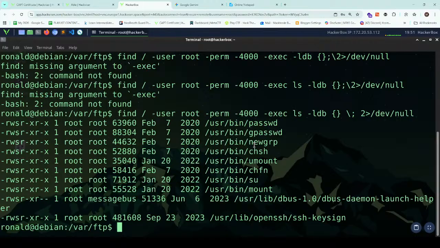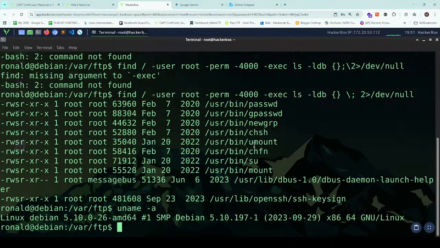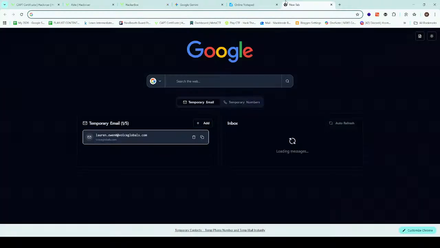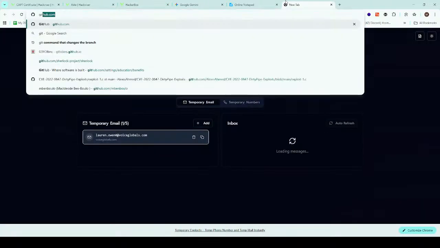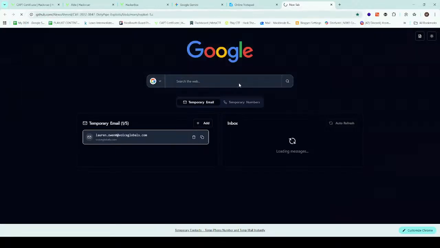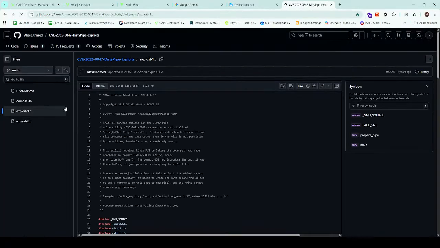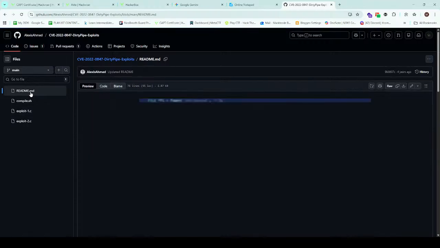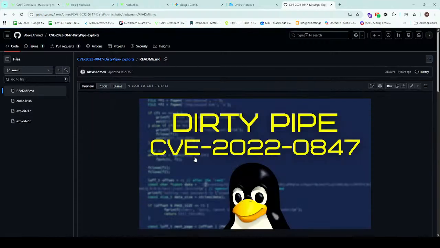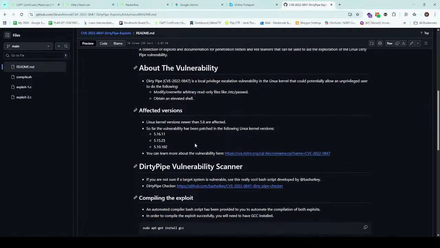I remember in the lab when I was completing it, we checked the Linux, the Debian listing, the version, and we realized that there are certain versions that are vulnerable to this Dirty Pipe exploit, right? So let me check the readme. So far the vulnerability has been patched. Okay, now